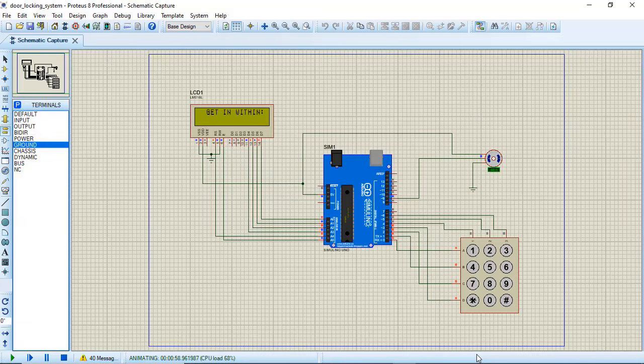The countdown starts. 4, 3, 2, 1. The message, relocking. And the servo motor will rotate clockwise.